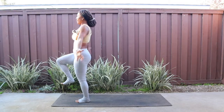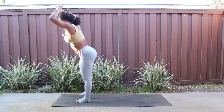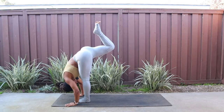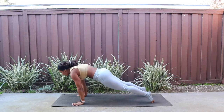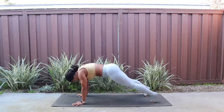Slowly pull it back up. Inhale, arms over the head. Can kick the heel out, spread your toes, and then pendulum your way all the way down and back to standing splits, leg grows long. Step back, plank pose, feeling that breath again, come forward, lower halfway. Nice job. Inhaling, up dog, lift that heart. Exhale, downward facing dog,